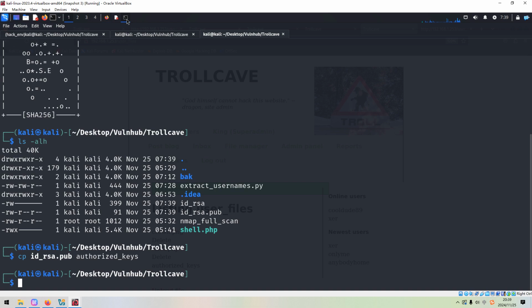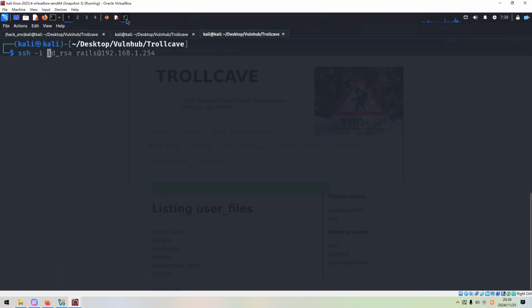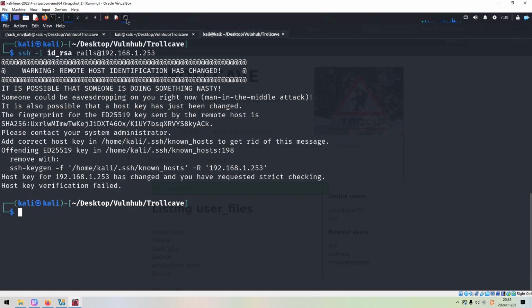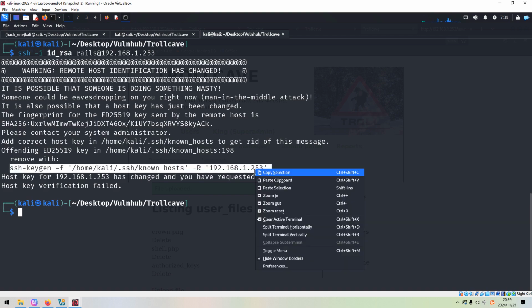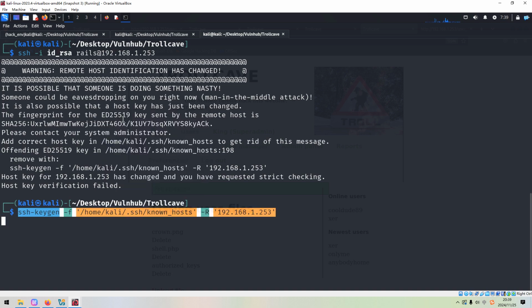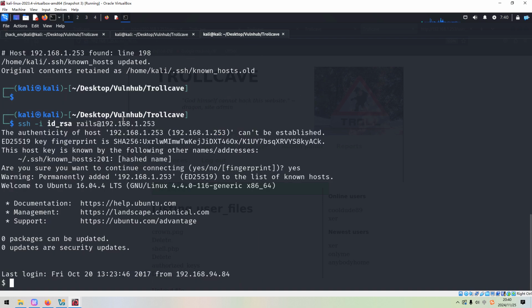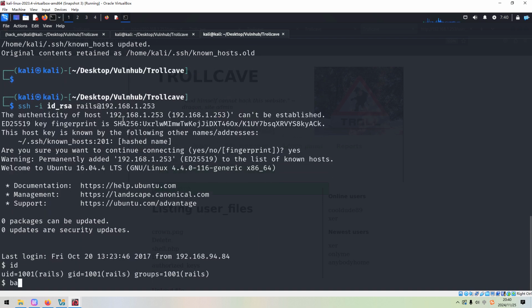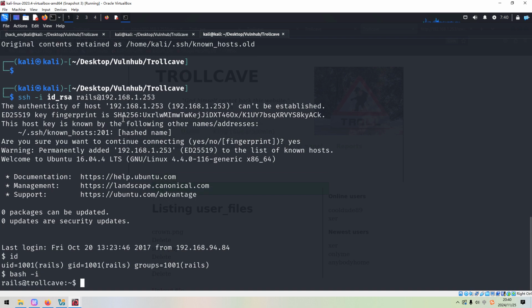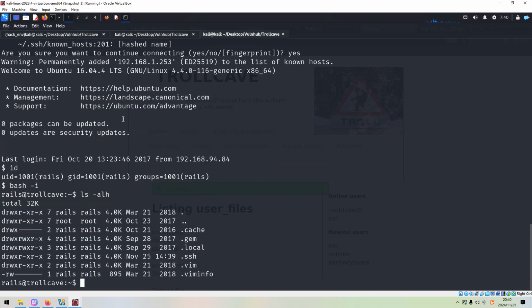Next, we can use the SSH. We need to remove the history key information. Yes, as you can see, it's okay. Okay, and now we need to do some local enumeration.